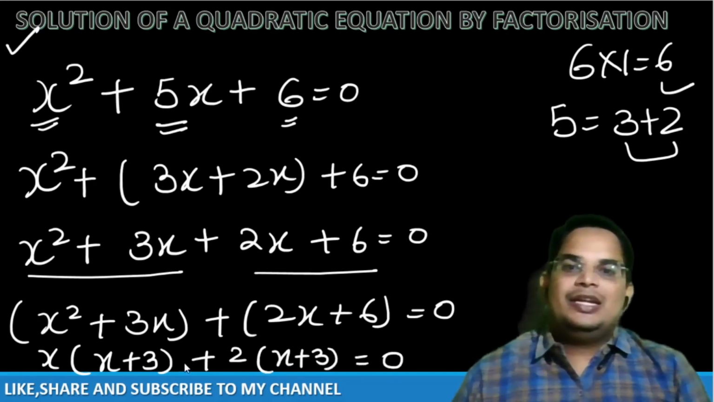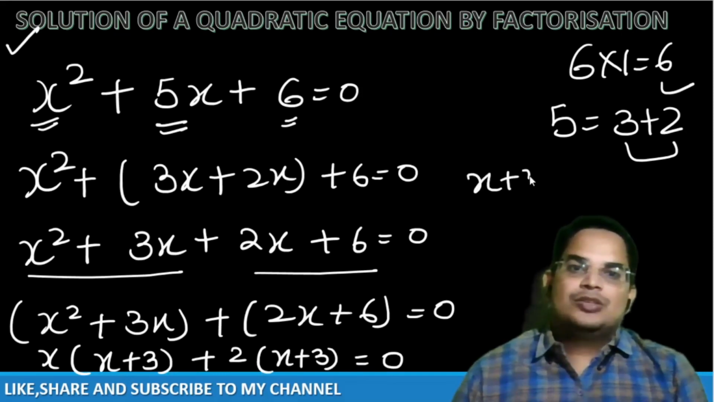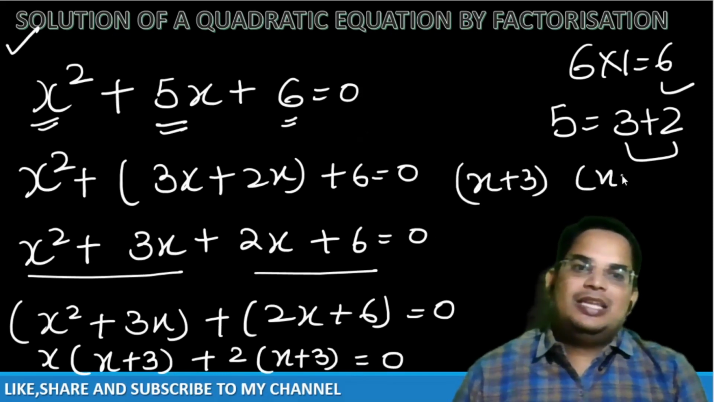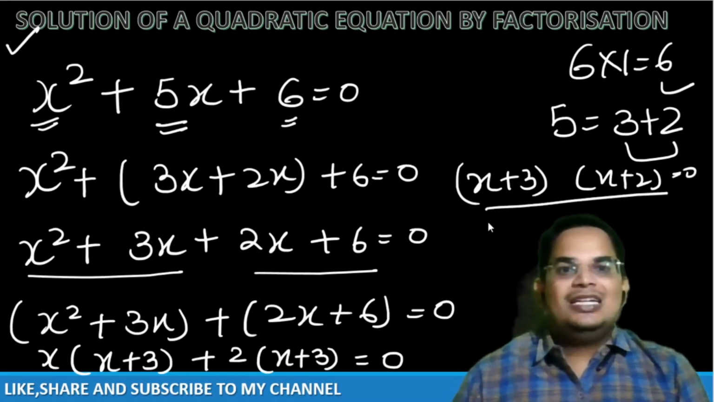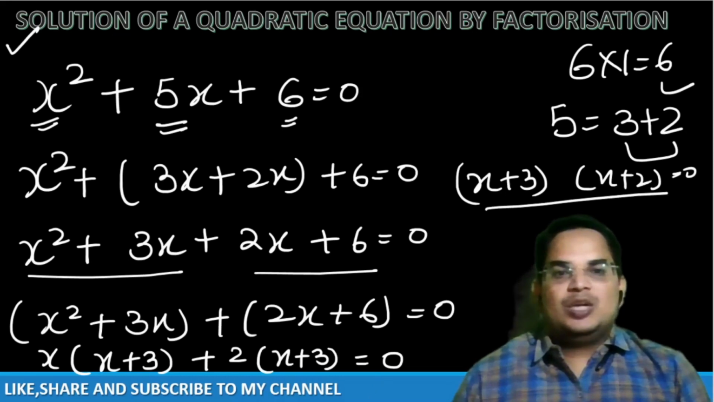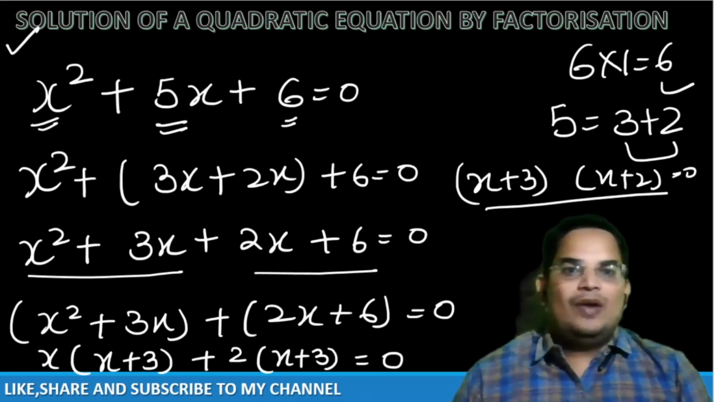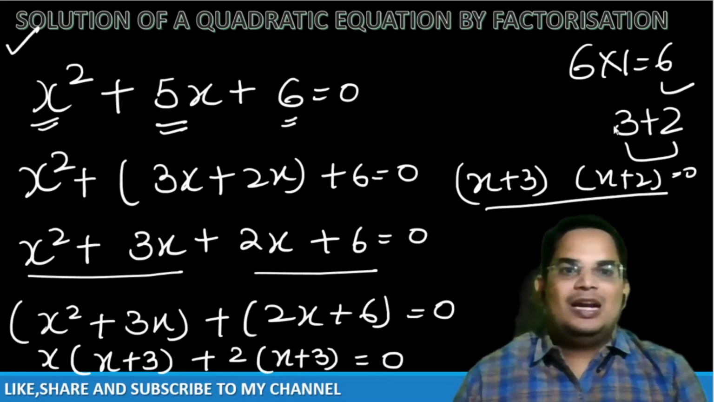From these two brackets, x plus 3 is a common term, so you can write x plus 3 times x plus 2 is equal to 0. These are the factors of the quadratic equation. Now if I erase the upper part and solve these two parts,